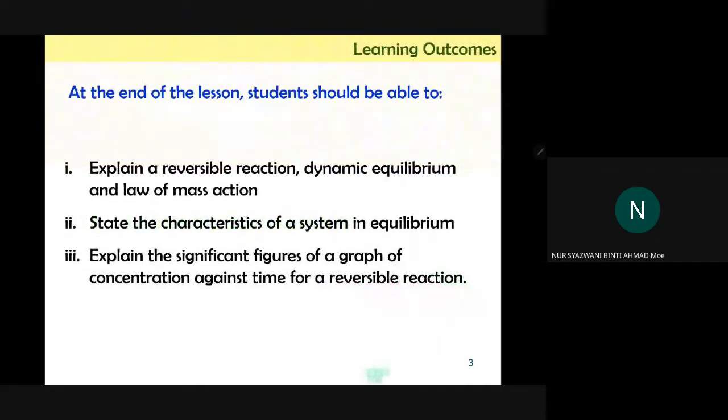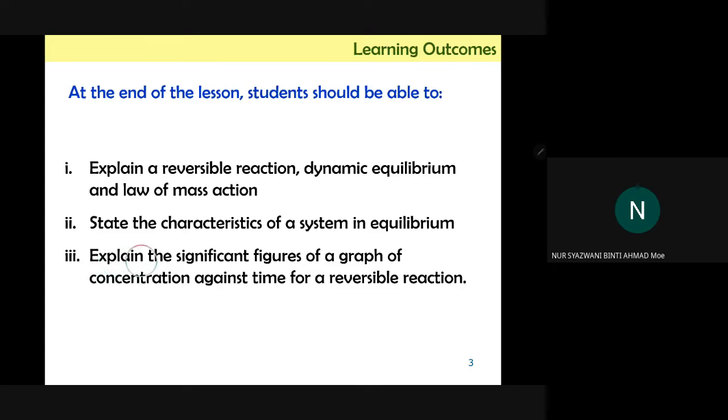So these are untuk 8.1, these are the learning objectives. So at the end of this chapter or this subchapter, you should be able to explain a reversible reaction, dynamic equilibrium and law of mass action. Kita kena boleh explain reversible reaction tu apa, and kita kena boleh state the characteristic of a system in equilibrium,